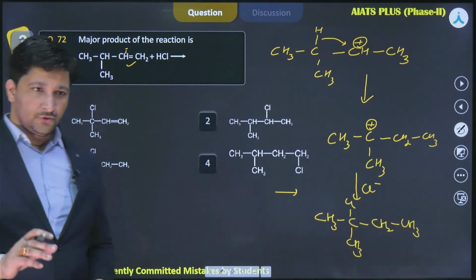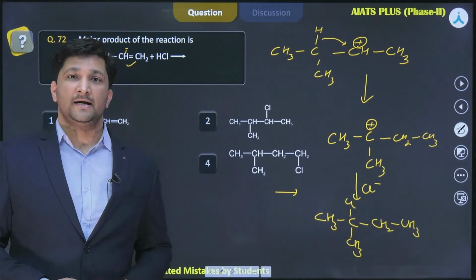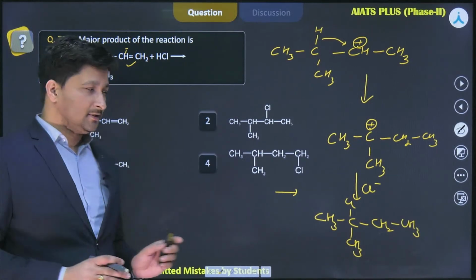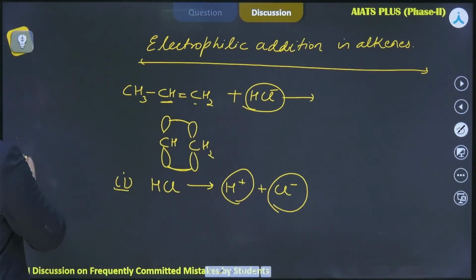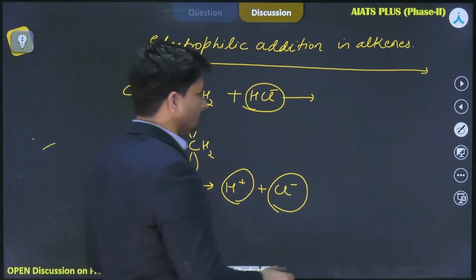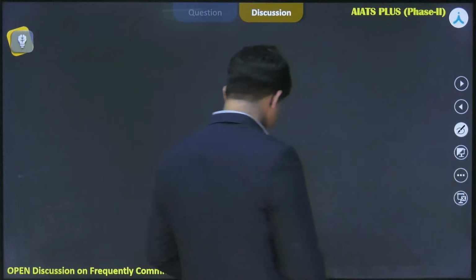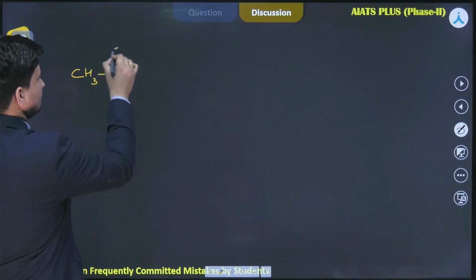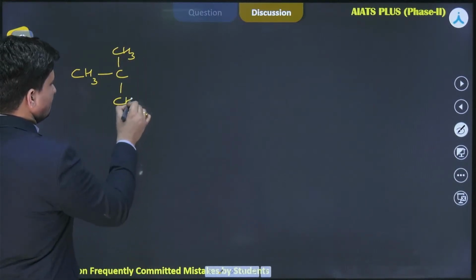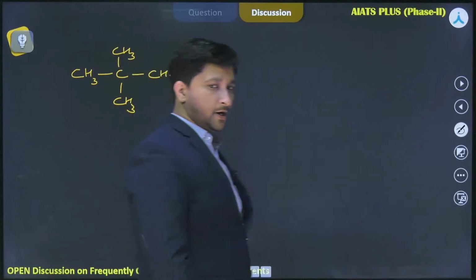No doubt. I will show you one more very interesting example of this case, where instead of hydride, in fact, the whole methyl group gets transferred. So let's have a look here. Suppose we have this CH3, C, CH3, CH3, CH, double bond, CH2. If this is the compound which is undergoing